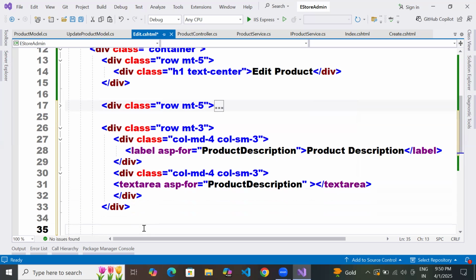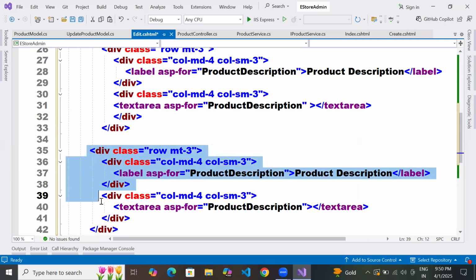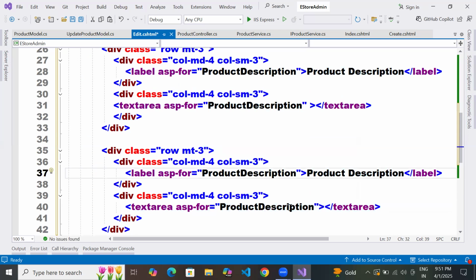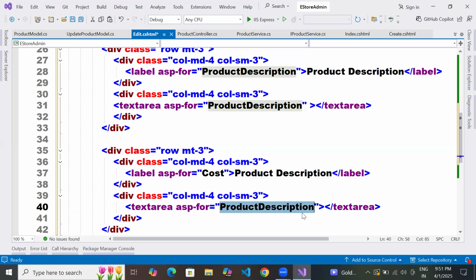What is another div? Can anyone tell me? Another div is Cost. Here you have to make cost. Here you have to make less than a minute. It will